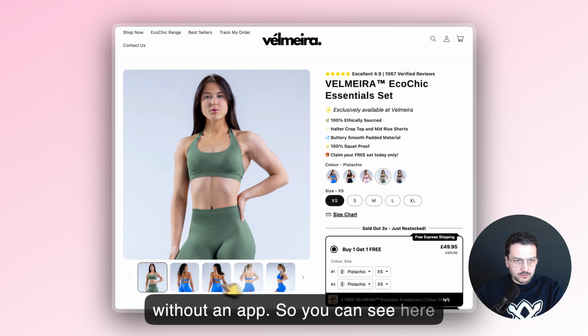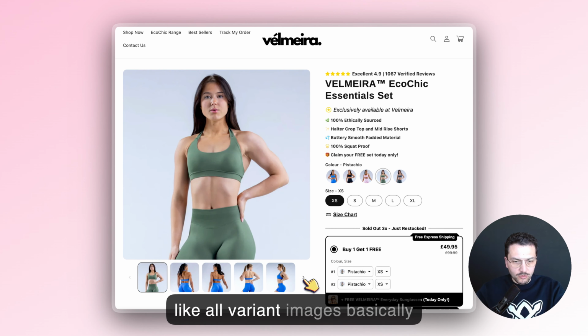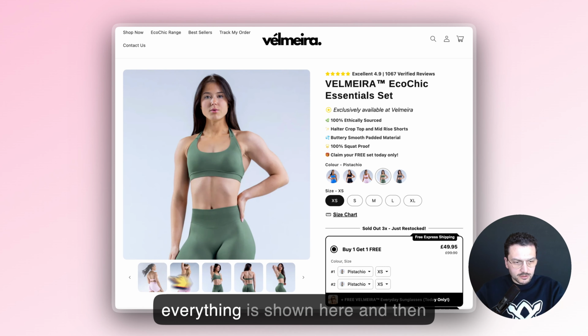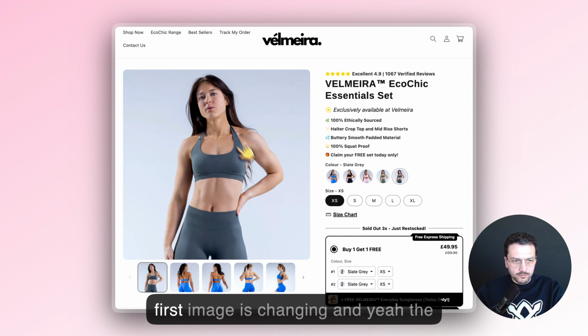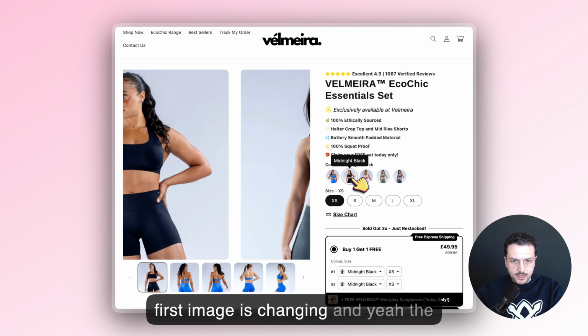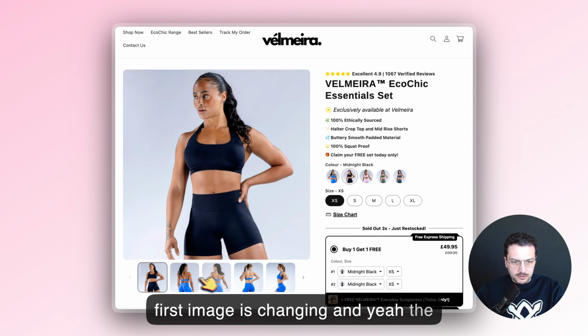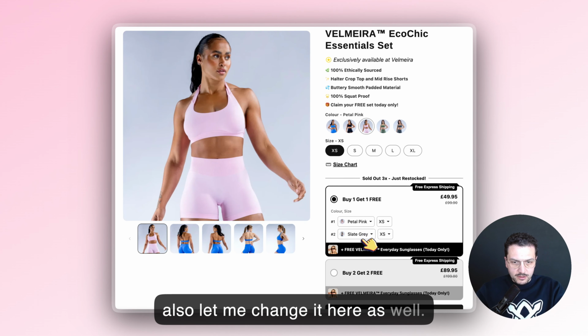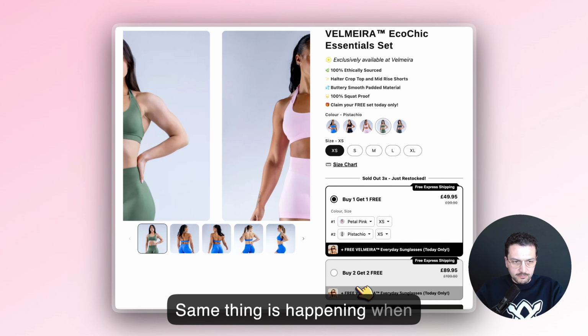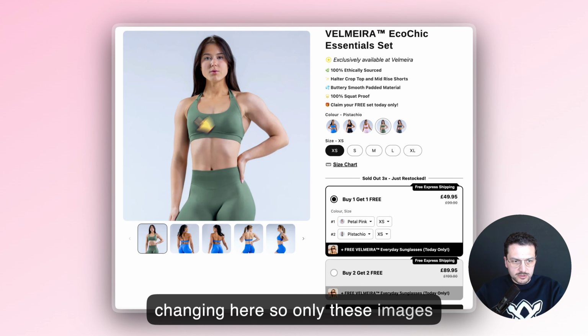So you can see here the variant images, and it's showing all variant images, basically everything is shown here. And then when we are changing the image, only the first image is changing, and the rest just stays the same. And now let me change it here as well. The same thing is happening when changing here, so only these images are changing and the rest is staying the same,